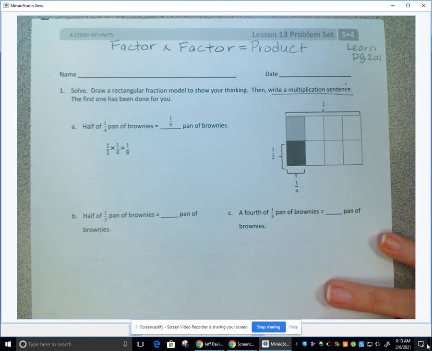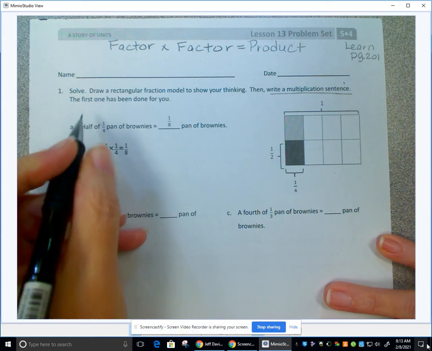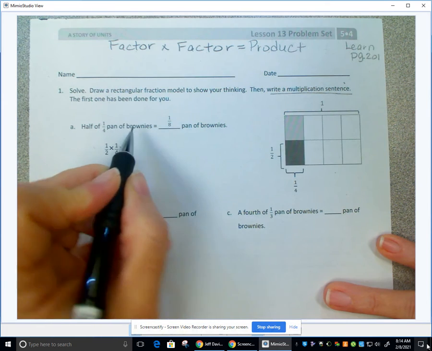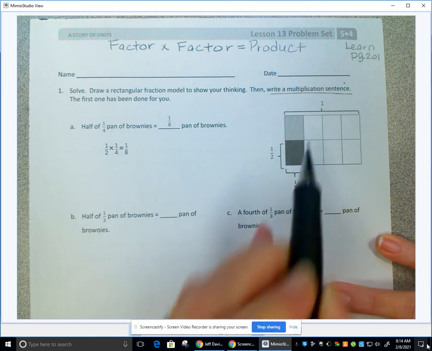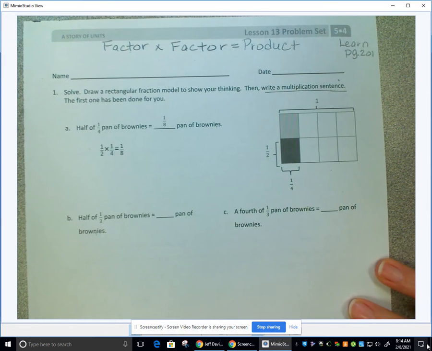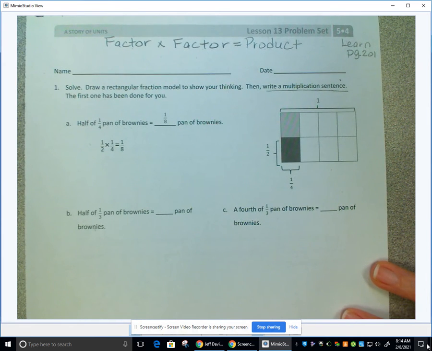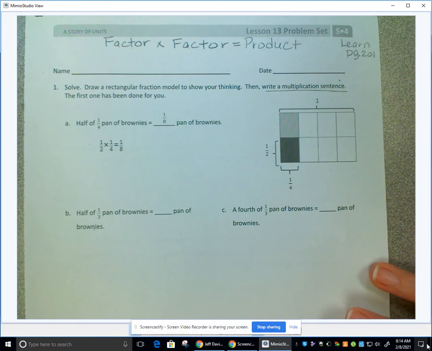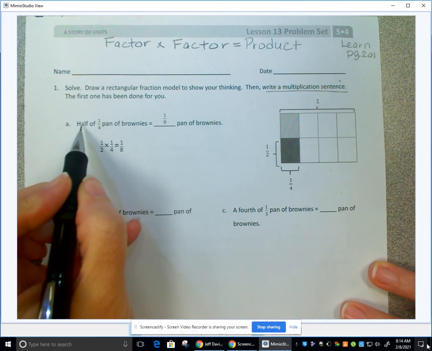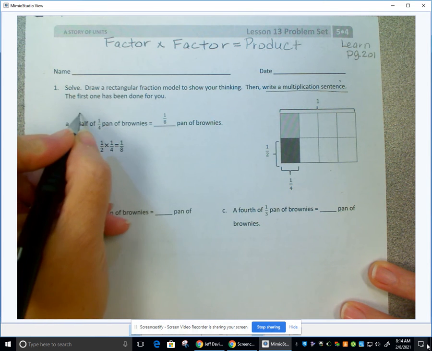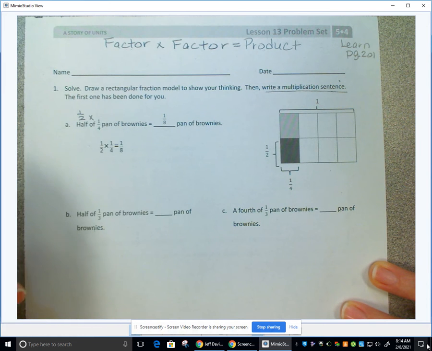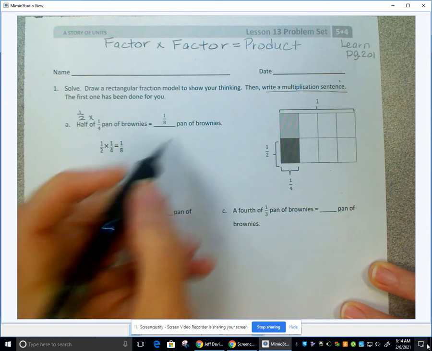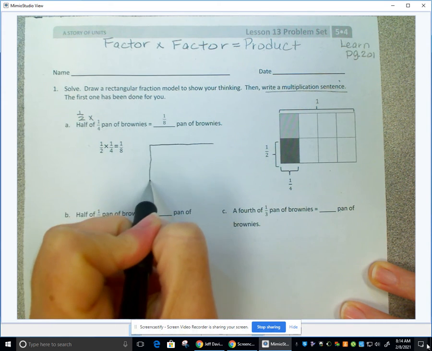Okay, let's get started. All right, it says half of 1/4 pan of brownies equals 1/8 pan of brownies. Now they've got a picture drawn for us. We're going to draw it on our own because I like the way we draw it a little better than the way they had to produce it on this page. So basically what they're saying, half of 1/4. We know half, right? Of means times. We want half of 1/4. This is half of 1/4. So let's draw